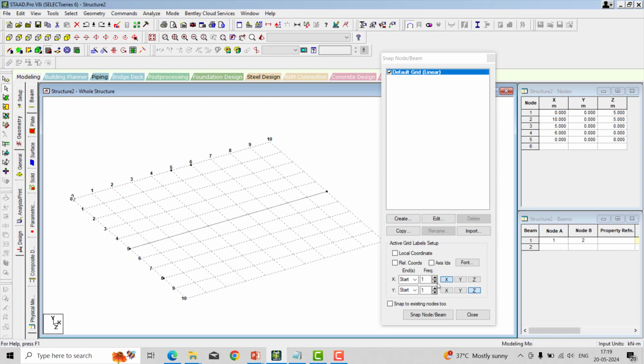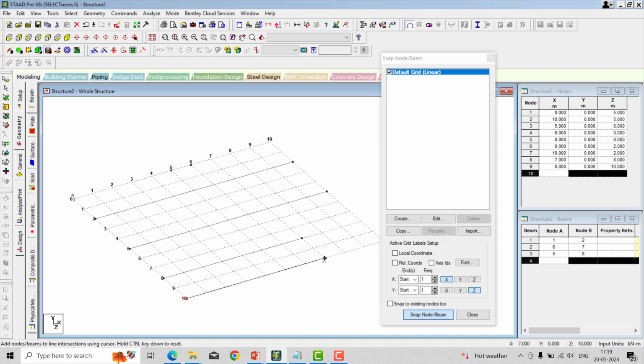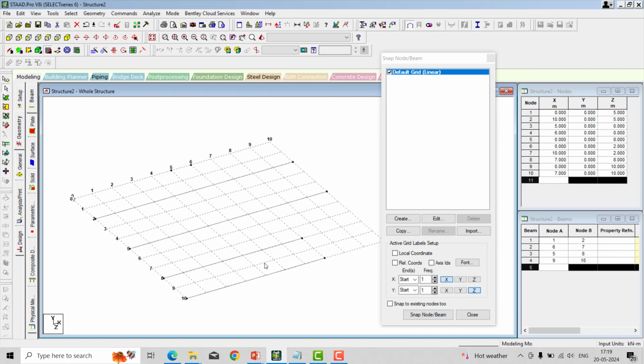Again I just draw one more beam, that is 10 meter. This is 10 and 10. I go with 7 meter beam and 7 meter beam. 7 and 7 meter beam.